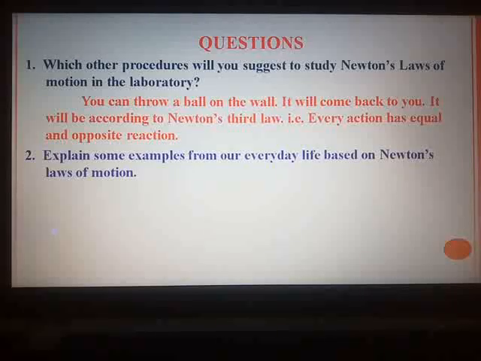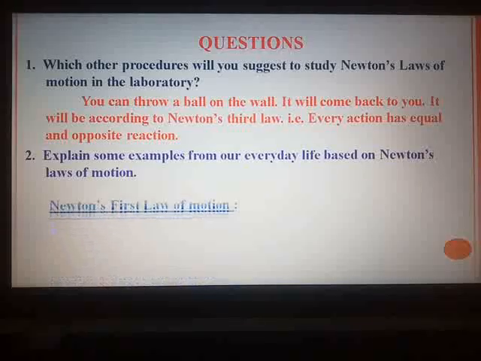Here you can just write the examples, give some examples. And the third question also is: explain Newton's laws of motion with the help of one single example in daily life. And that is why I said second and third are similar questions. So out of these two, you will write only the second question. Now here for every law of motion, I have supported with two examples.